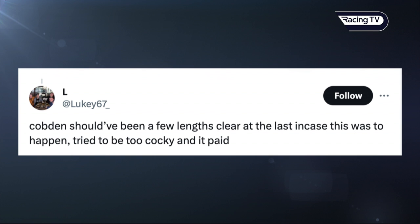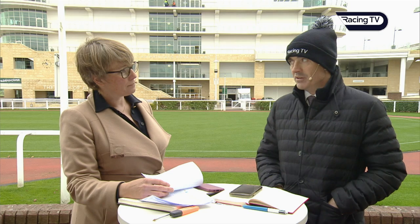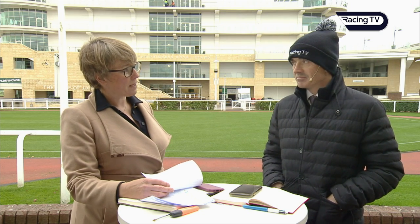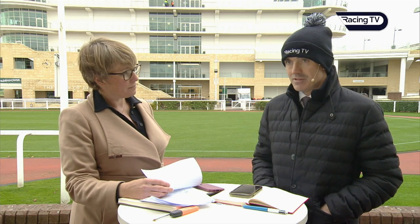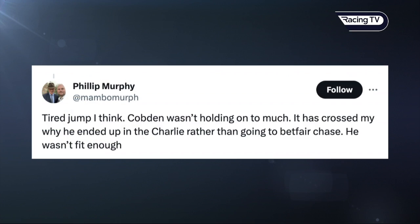So many jockeys ride so many different ways, but Harry rides with a lot of leg, and when Harry is going, upper body is moving, there's not usually as much left as you think. I think he was aware of the fitness and the heavy ground, I think he was at about 98% anyway, and not wanting to go to 100. Yeah, I agree. Philip Murphy, on the other hand, thinks it's Paul Nicholls' fault for choosing the Charlie Hall over the Betfair Chase. I can kind of see it. I'm not ascribing fault, but he would have been fitter for another couple of weeks. You would have thought so, but